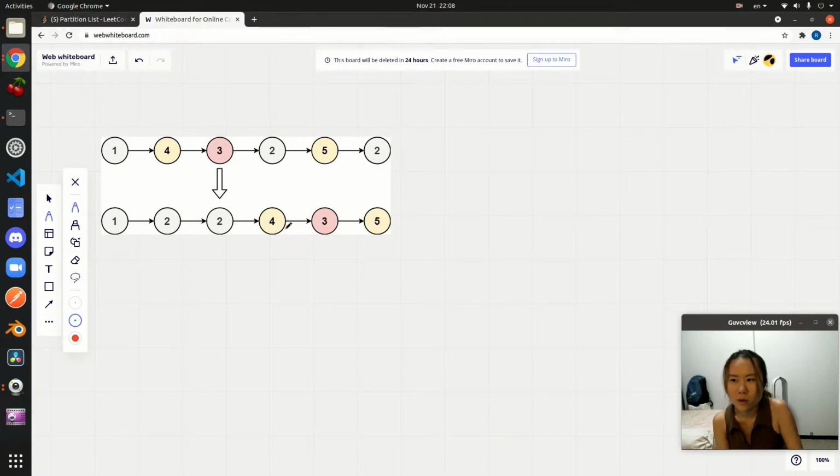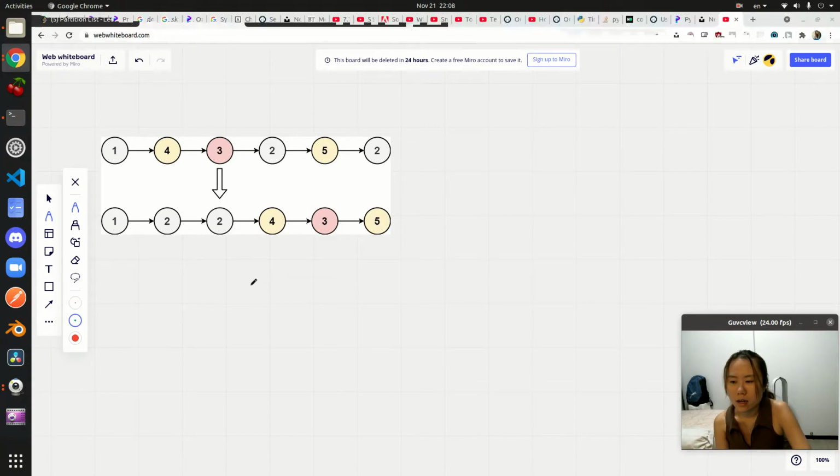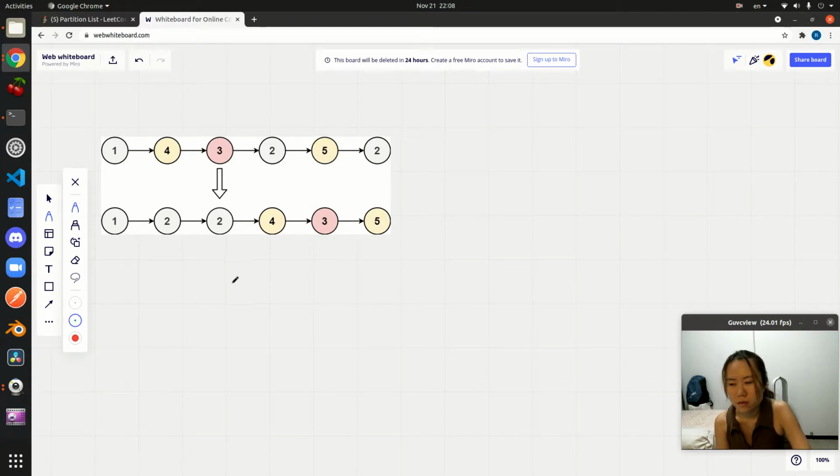If we are supposed to partition it in a way that all the elements smaller than x come before and greater than x come after, then how come 4 is before, right? So I struggled to understand it for a while, but